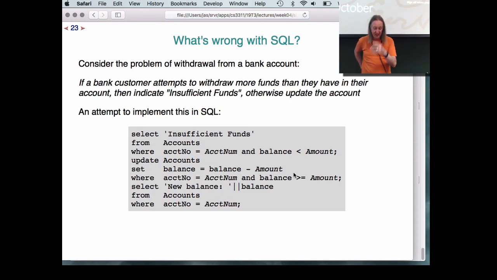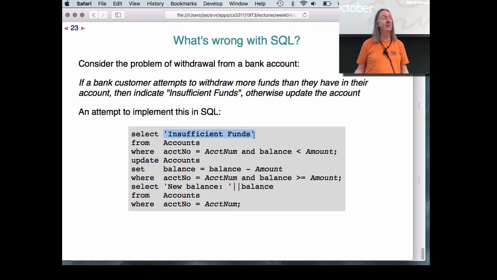Right, here's another example, and this is this bank account example. So we need to do a number of things here, and this will crop up again when we talk about transactions as well. First thing you want to do, you want to check whether the amount of money they're trying to withdraw is possible, because there's at least that much money in the account. So we can kind of get some part of the way. So notice you can have a constant as the result of